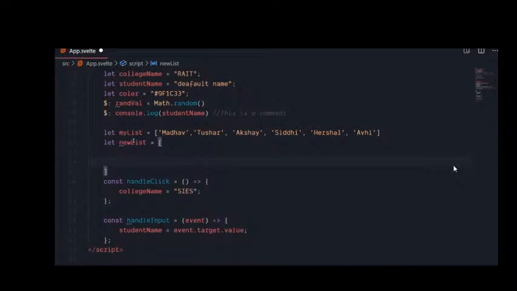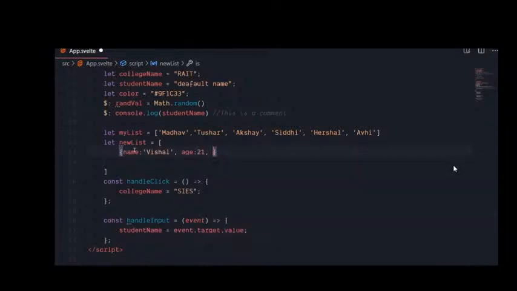Alright. And now why I'm making this list, because I intend to put objects inside it. Alright, so I'll say name, Vishal, age 21,